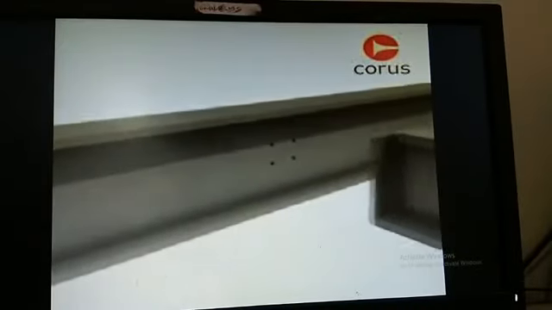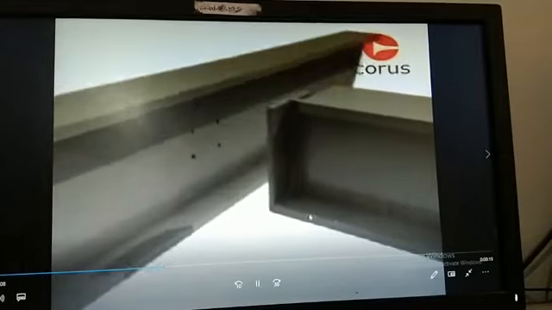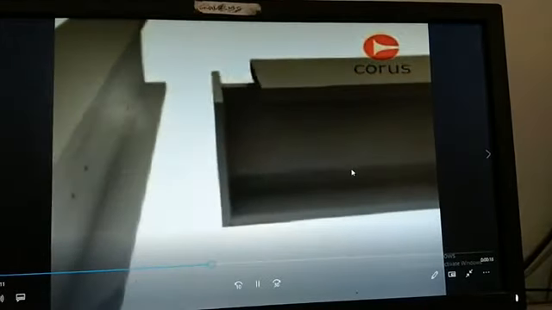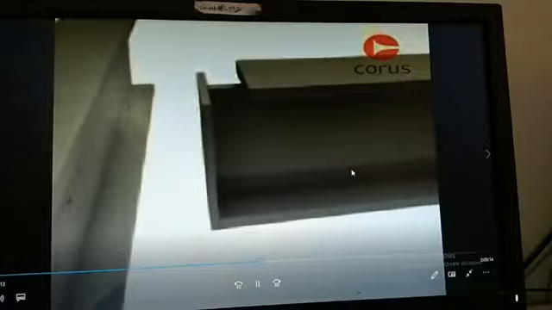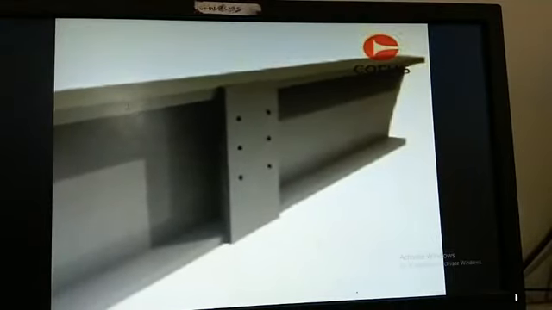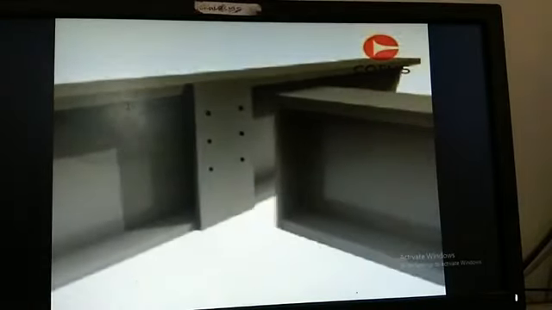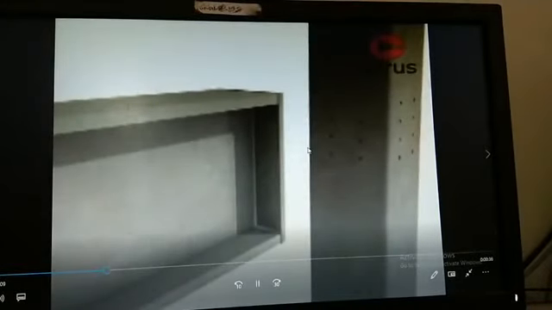So in a complete structural frame, you can see how the major beam was connected with the minor beam. So that is one way of connecting, and this is the other way of connecting. How a tubular column is connected with the beam.